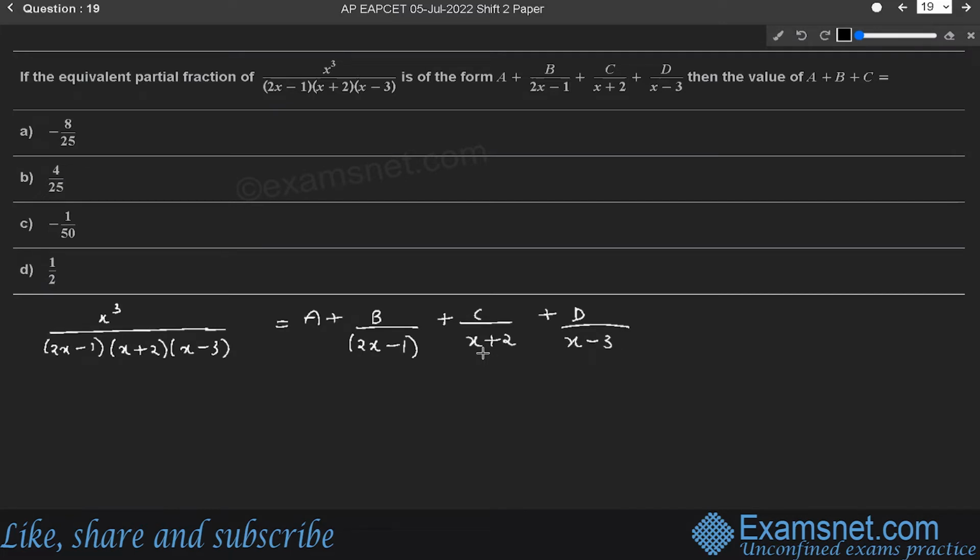You can see that on both the sides, the denominator is the same. So multiplying by (2x minus 1), (x plus 2) and (x minus 3) on both the sides, it becomes